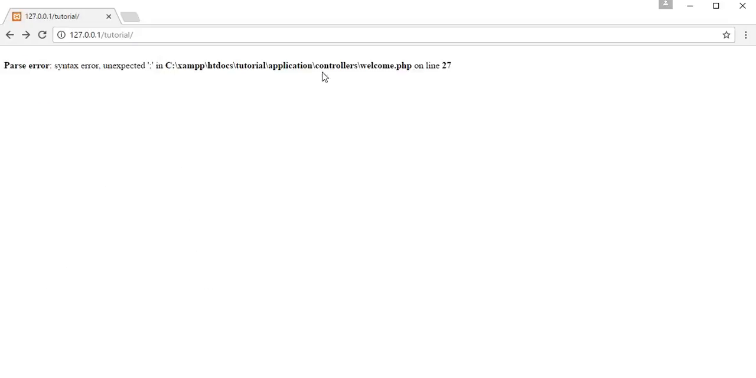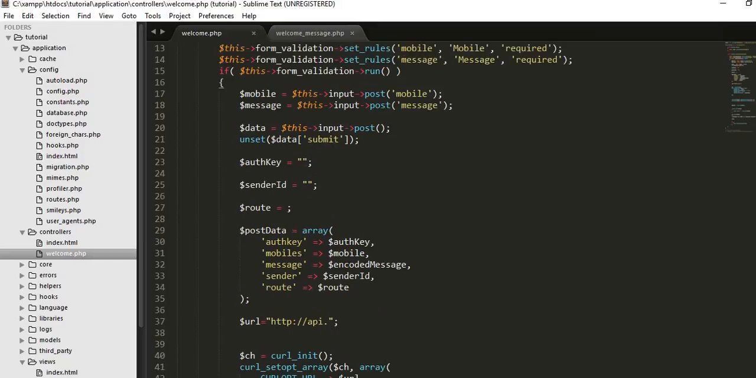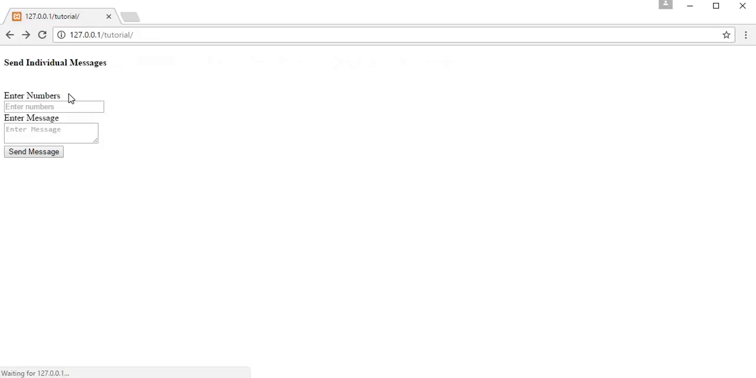Okay, unexpected semicolon. Okay, I got it. I haven't entered my details inside these variables. That's why it's showing me errors, because here there should be some numerical value. So I'll just put all these values and then I will come back. Okay, now refresh. Okay, now I have to enter my mobile number and message. Let us say, hi, this is a test message,